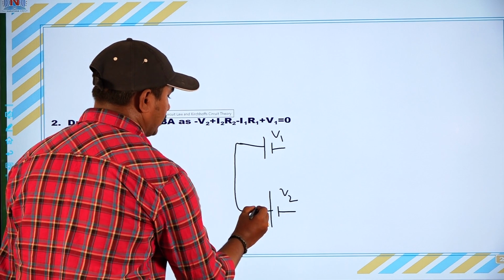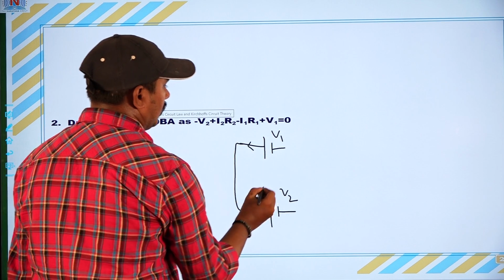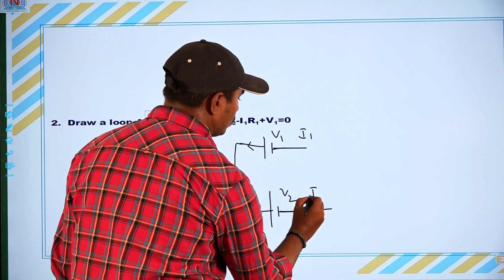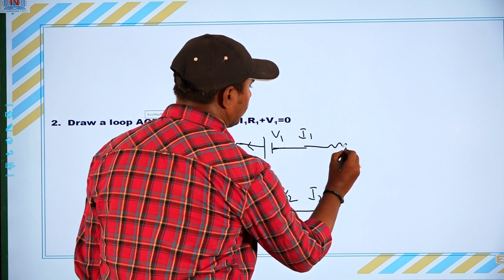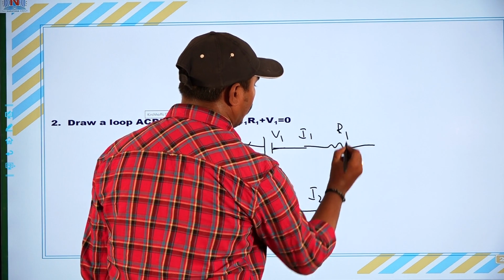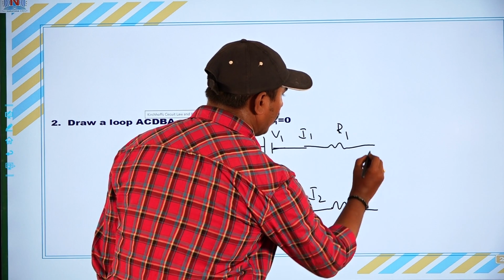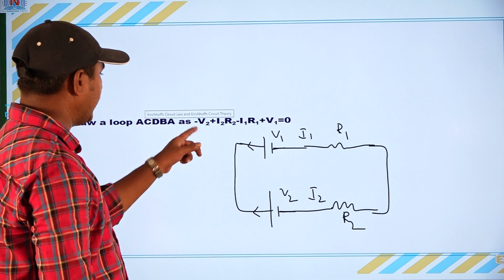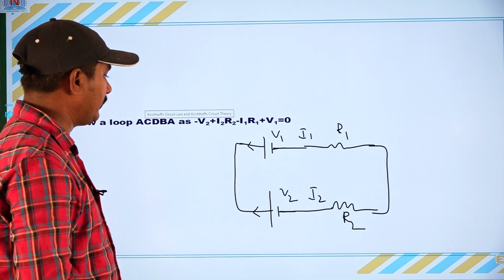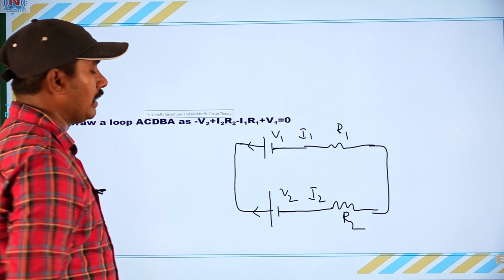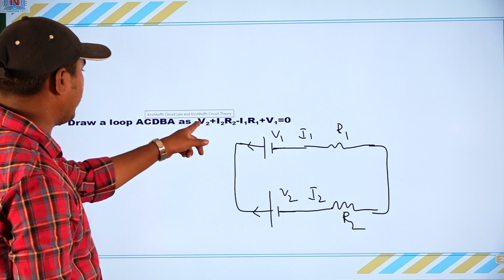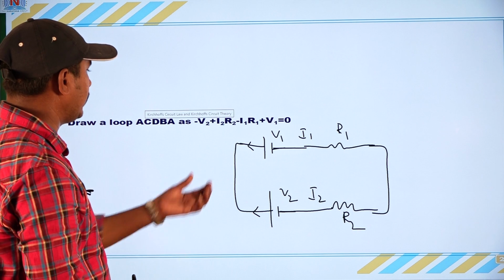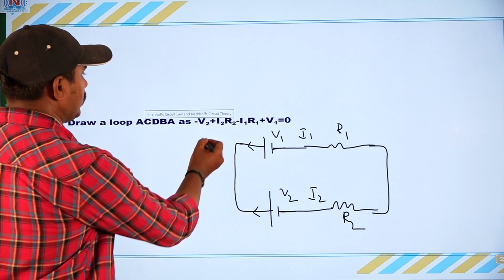Here V2 is minus, meaning we take the direction, this is the current direction. And here the current is I1, and here the current is I2. And here the resistor is R1 and here the resistor is R2. Let's see here, minus V2. Why? Because this is the current direction. EMF goes from the positive to the negative terminal, so the potential difference should be taken as negative. That's why minus V2 here. And for the direction opposite to the EMF, positive to negative, we take I2R2 as positive. That's why I2R2 is positive here.